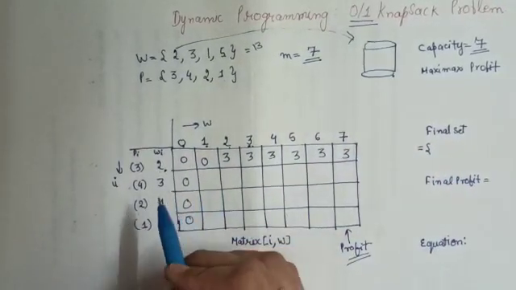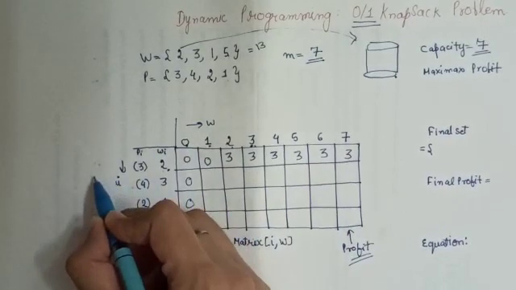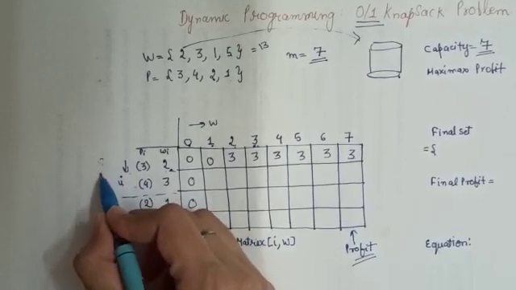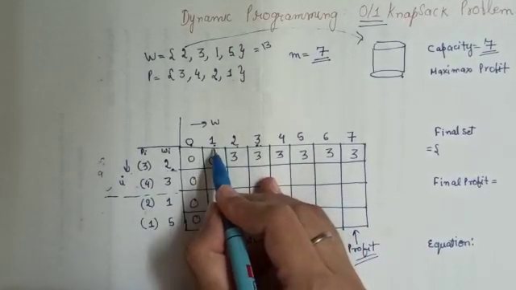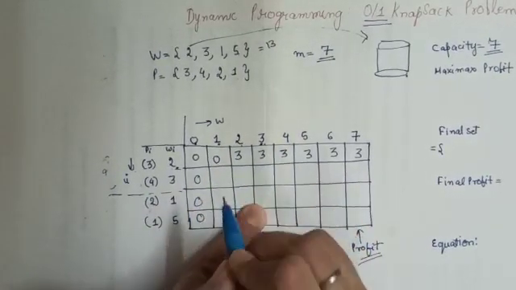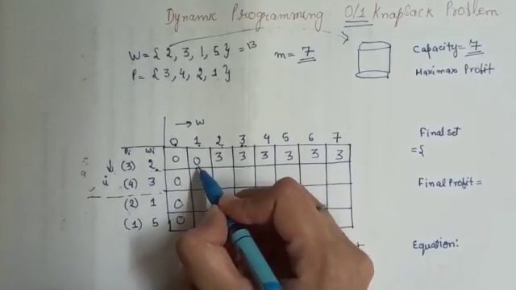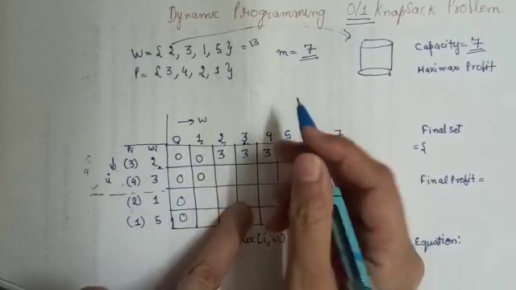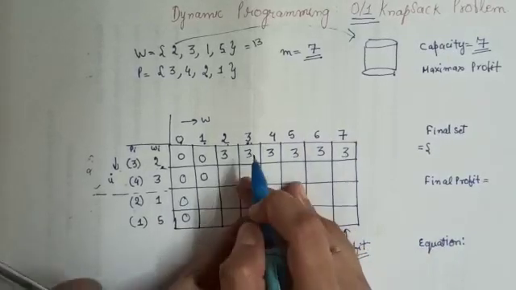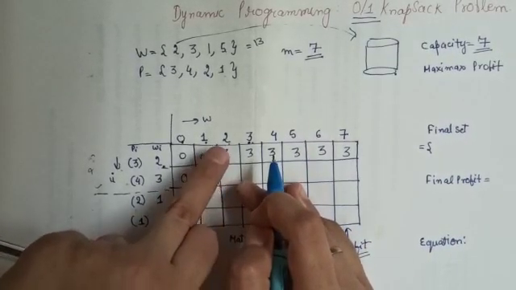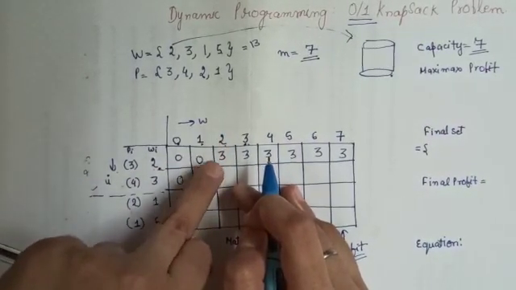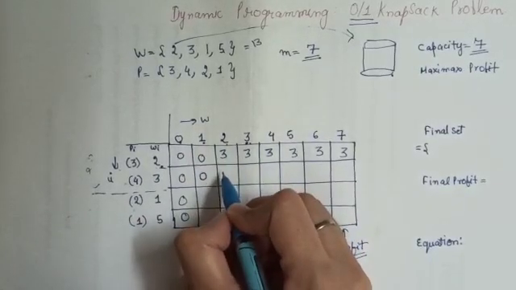Now when I am in this row, I will include the above item also. Now the capacity of the bag is 1. Can I include the item of weight 3? No, I cannot include it. Since I cannot include it, I will just copy the above row. The approach is that we will either exclude the item or include it. If the capacity of the bag is less than the weight of the item, you just have to copy the entry from above. Like here we will copy 3.